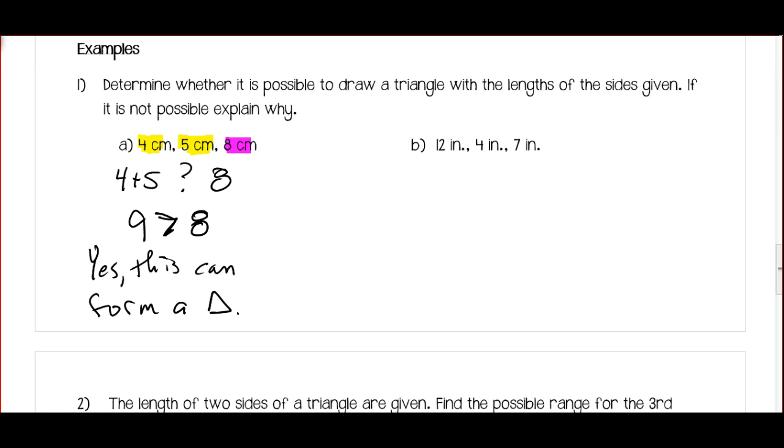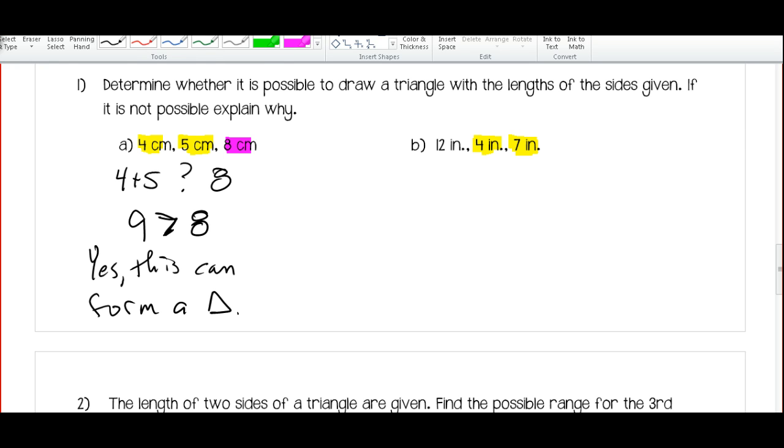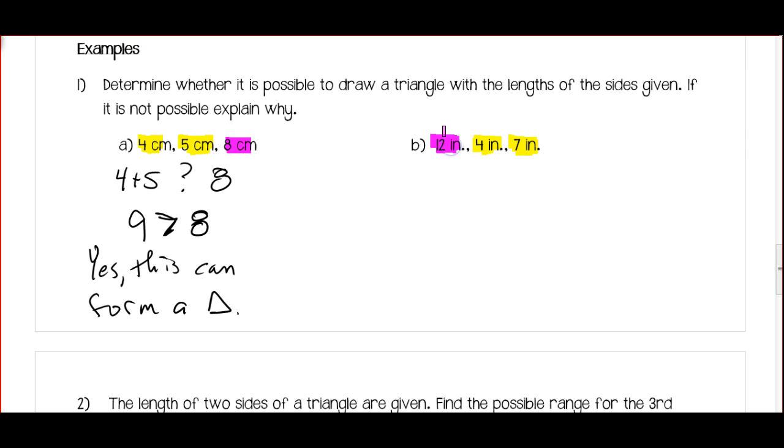Again, we want to isolate the two smaller sides. So in this case, we have 4 and 7, and the larger side is going to be 12. So I want to compare the sum of the two smaller sides, 4 and 7, to 12. So we get 11, which is less than 12. So we can see that the sum of these two sides is not bigger than the third side. So no,